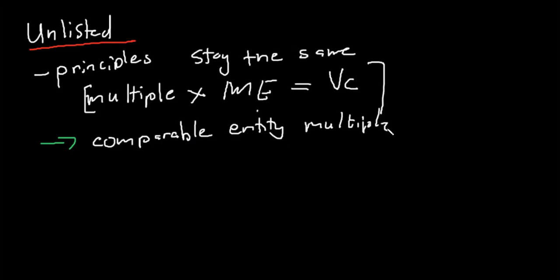But the rest of the stuff will stay exactly the same. So let's look at an example in order to illustrate this point and hopefully unpack it so that you understand it better. So let's assume in this case we've got X